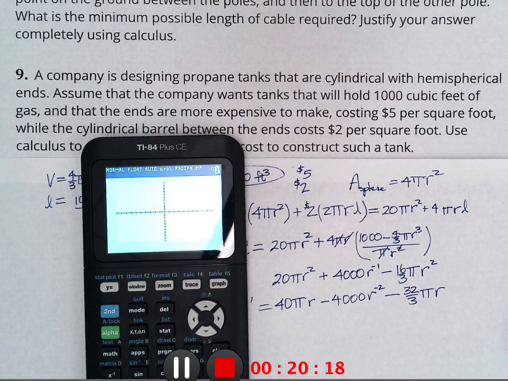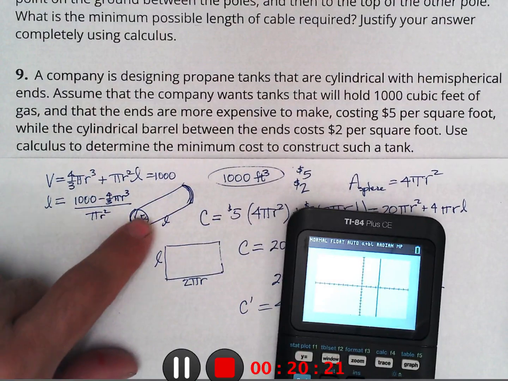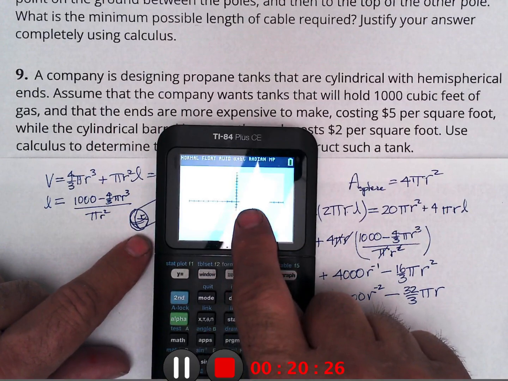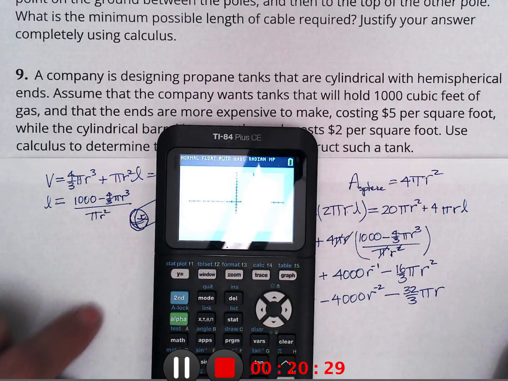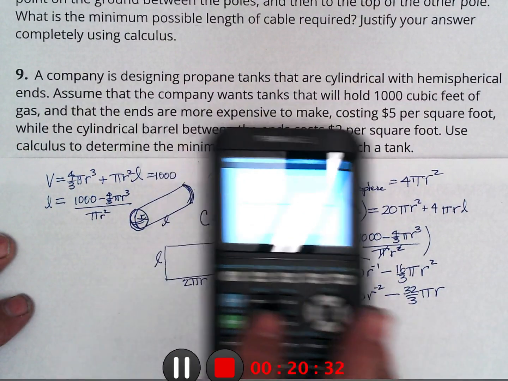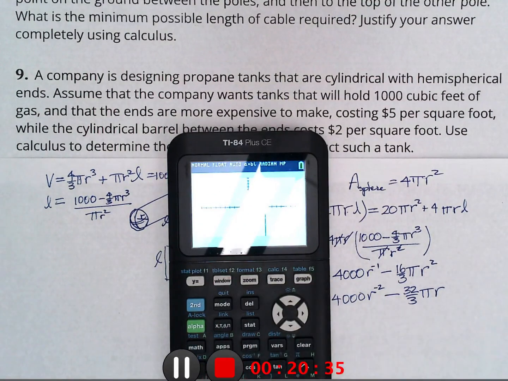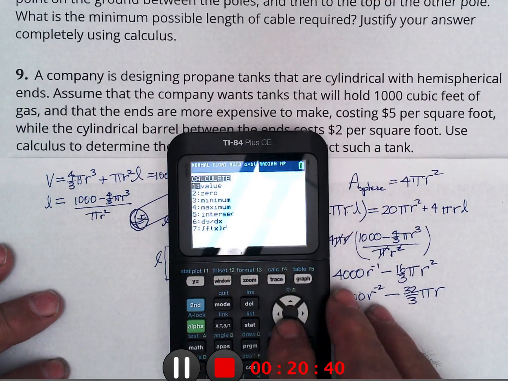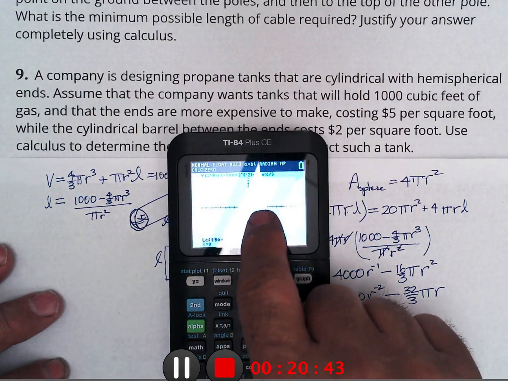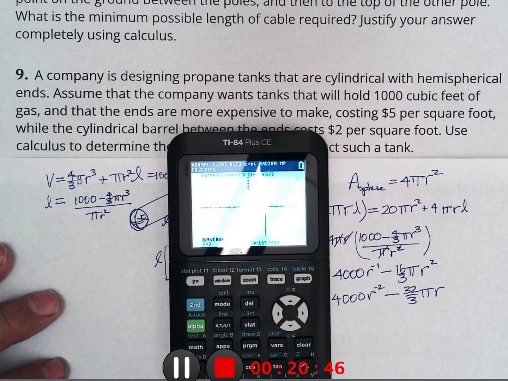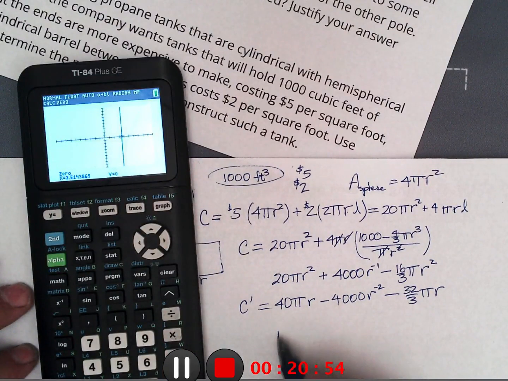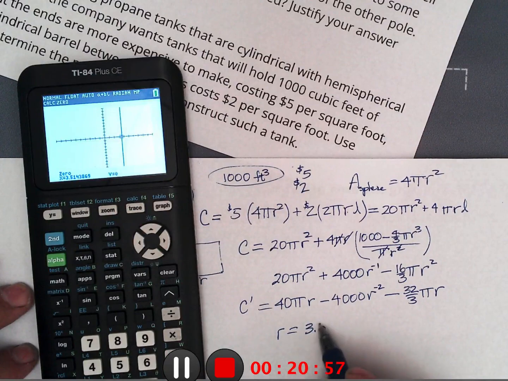Now, R is the radius, and I got a 1,000-gallon tank, so R is going to be somewhere not too awfully terribly big. Looks like it's about 3 point something. And that's a reasonable answer for this. Radius of 3, diameter 6, about the height of a person. So let's find that 0. So I can calculate the 0 between, see, that's between 3 and 4, so I'm just going to type 3, 4, and I think it's 3.5, and it says no, it's 3.514. Okay,